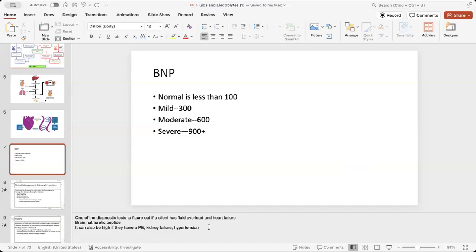severe heart failure. Okay. You are going to see a lot of patients in clinical who are in heart failure, who come in with exacerbations of heart failure. Pretty common, fluid overloaded. Okay. So another diagnostic test to look at what else is going on with that client. Other assessment data you might have to collect.